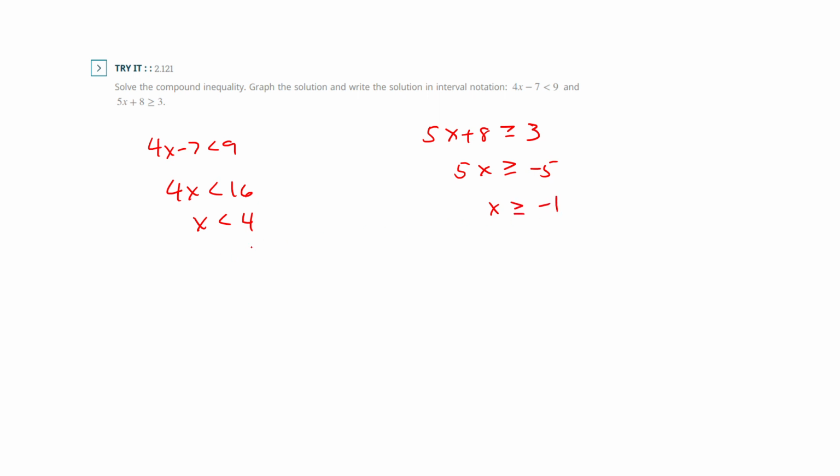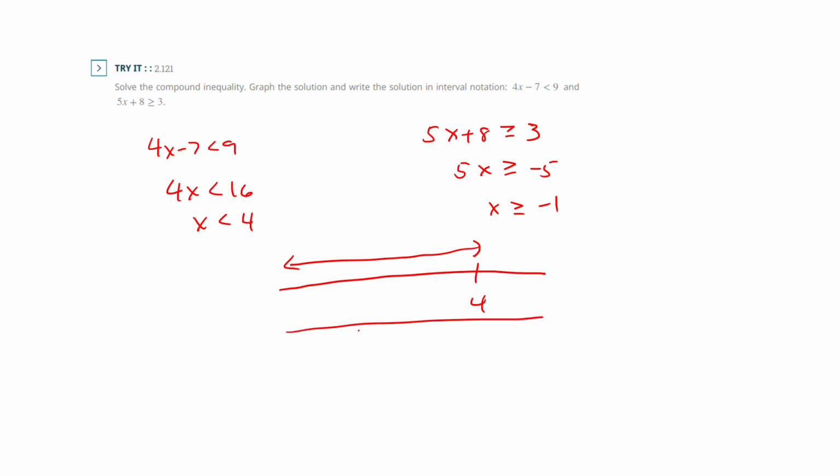Okay, so I have solved both of these. Now let's put them on a number line. It doesn't have to be perfect, it's just to get the idea. And what I want is x is less than 4, so that's a parenthesis. We're going down this way. Okay, now we also want to be greater than or equal to, so that's a bracket,